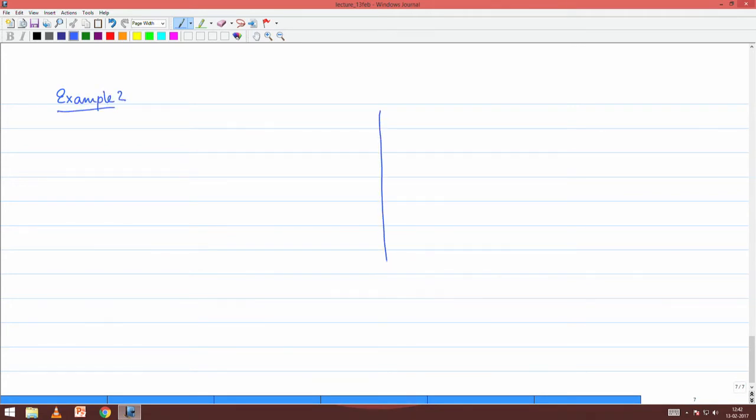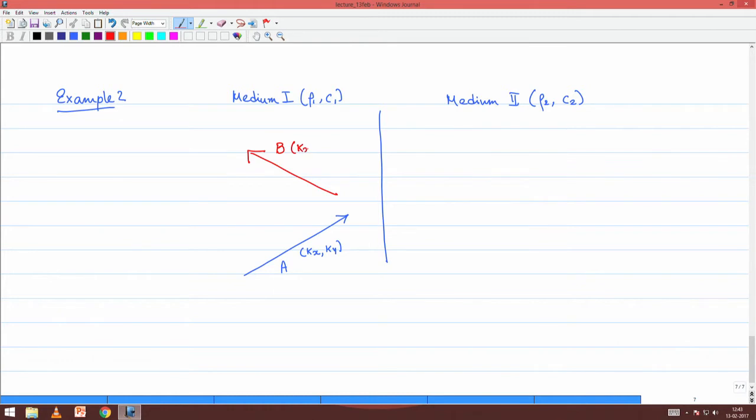So, here we will now consider two media. This is medium 1 and that is medium 2, and medium 1 we will take the properties to be rho 1, C 1, and medium 2 we will take the properties to be rho 2, C 2. As usual, there is an incident wave A which is incoming, and that we will take as having the wave numbers k x and k y. So, everything is known about this wave. We are interested to find what is the form of the reflected wave and the associated wave numbers,